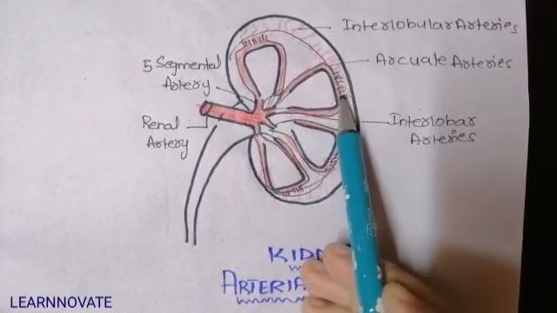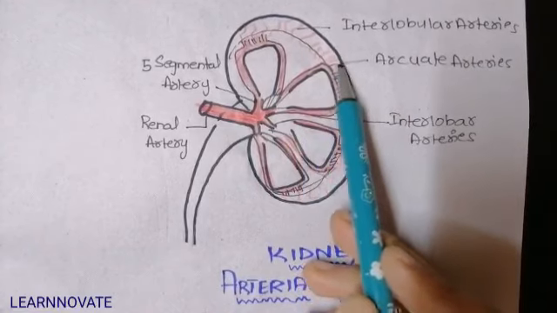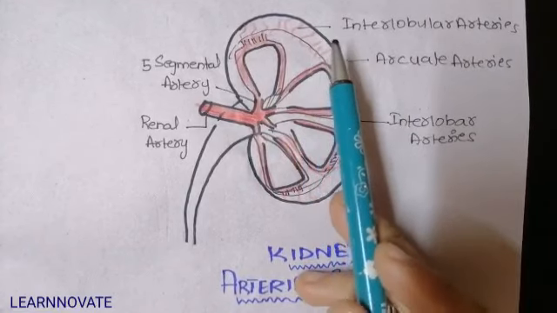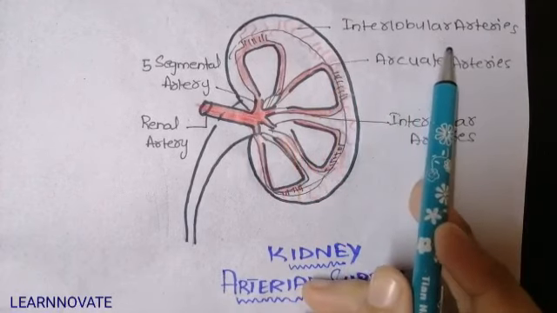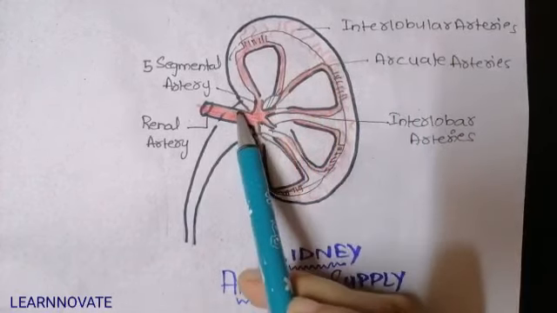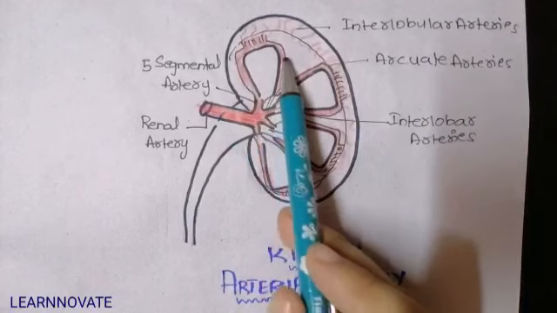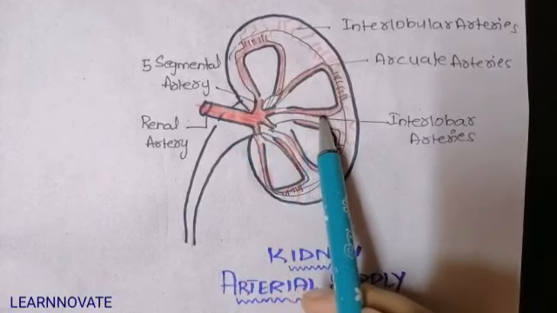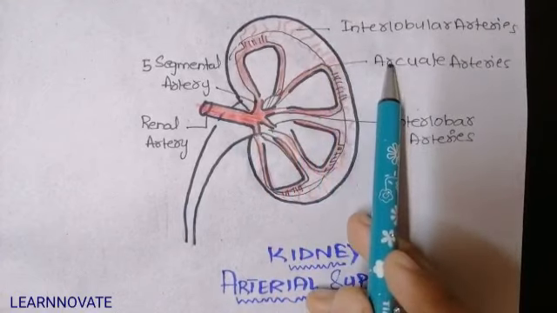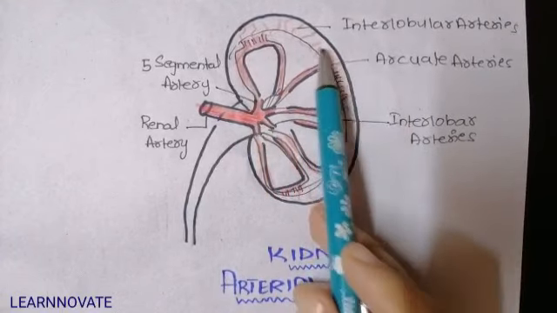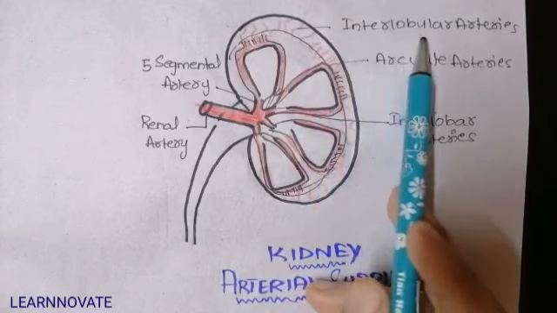The arcuate arteries at the base of the pyramid ascend, and in the cortical area they form the smaller arteries called the interlobular arteries. So, from the renal artery, we have the segmental artery that divides at the level of the pyramids into the interlobar artery. Then, at the base of the pyramids, it divides into the arcuate artery, and then the arcuate artery in the cortical areas forms the interlobular arteries.